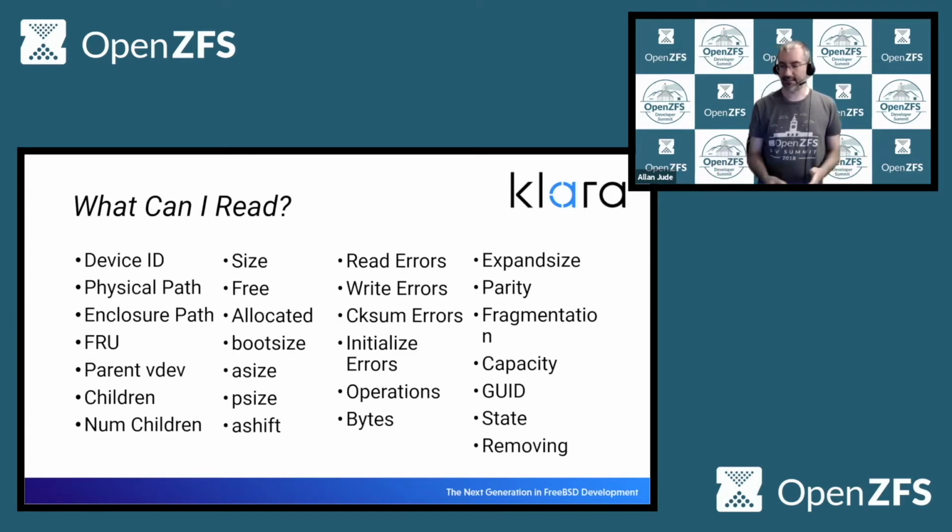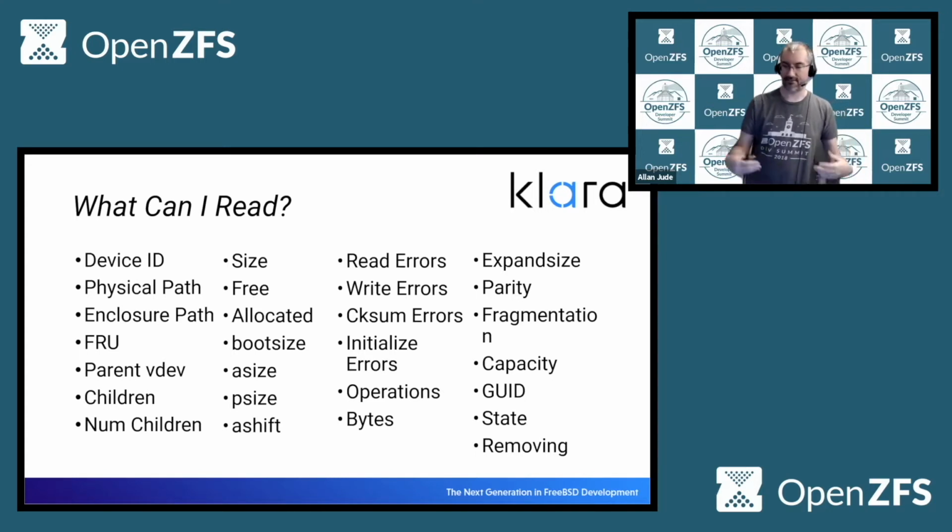And then for reading, there's quite a few properties that I managed to expose. In addition to being easy to get the device's GUID and its ID, you can get the physical path or the enclosure path, the serial number of the disk, its parent VDEV and its child VDEVs, and how many children it has, how big it is, how much of it is free, how much of it is allocated. The boot size property, I don't think that feature made it over from Solaris yet, or from Illumos, but it lets you control when ZFS partitions the disk, how big of a space it leaves for the EFI,